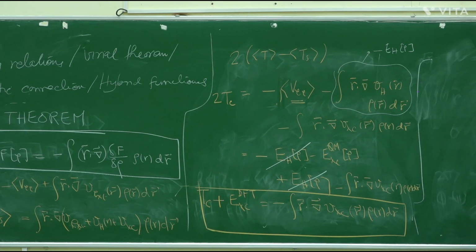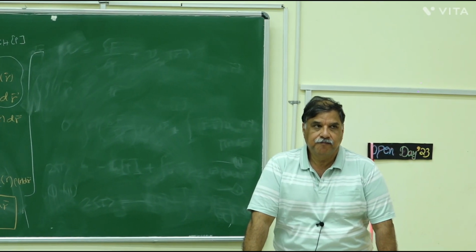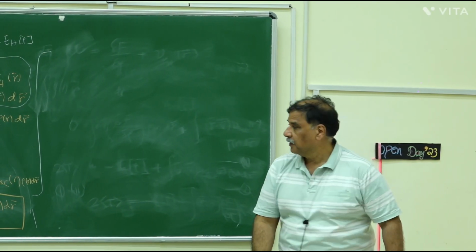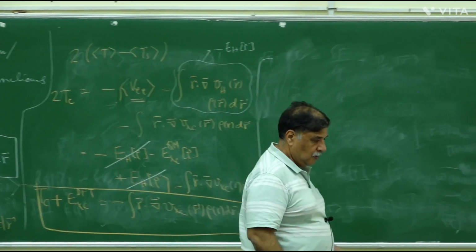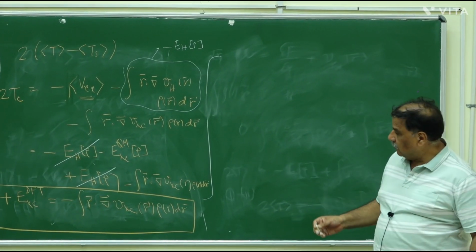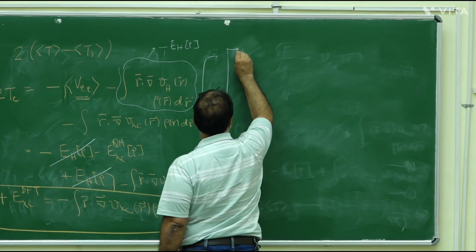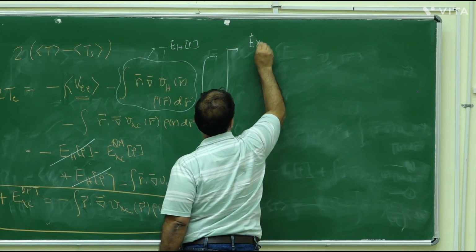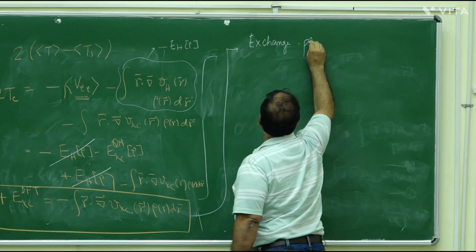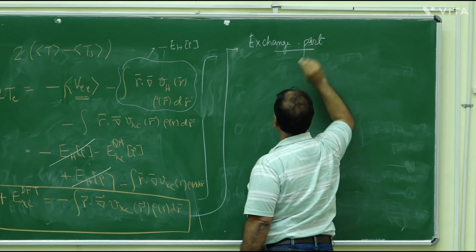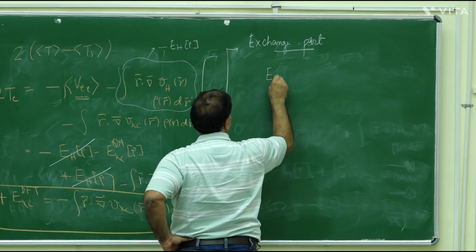Any questions so far? This is all manipulations. Okay, so that's the other relationship. Now, I'll go further. We can split it further to the exchange part. And after I do the adiabatic connection, I'll be able to justify it. And that will be that E_X